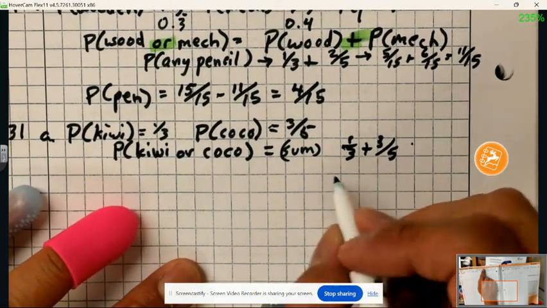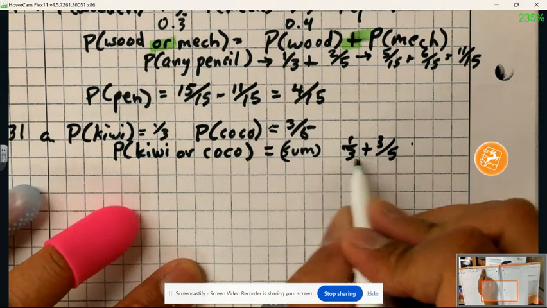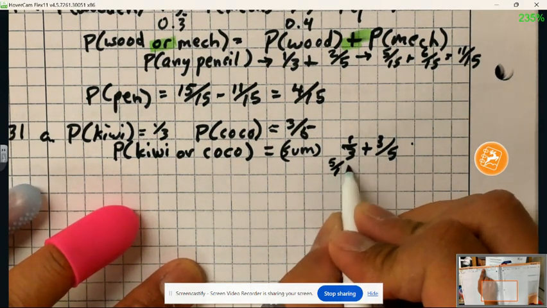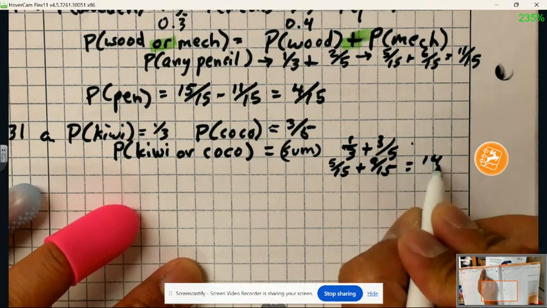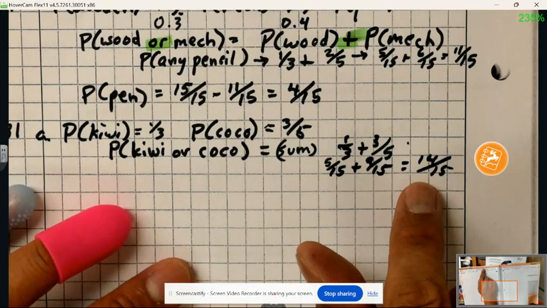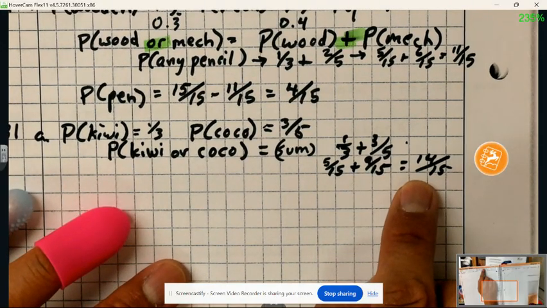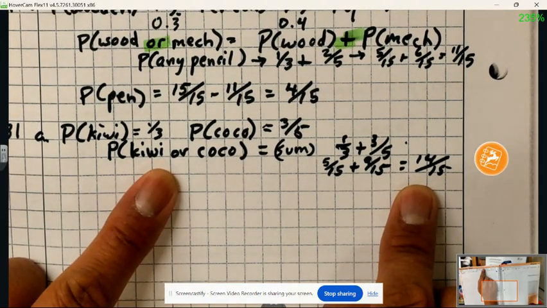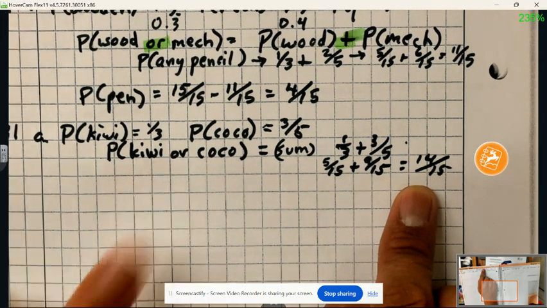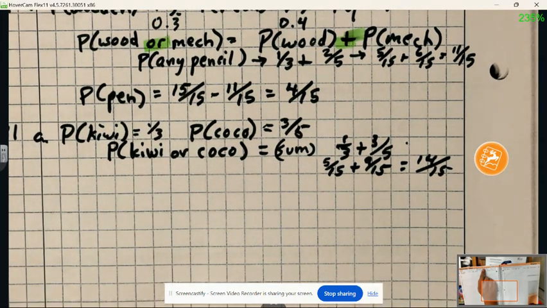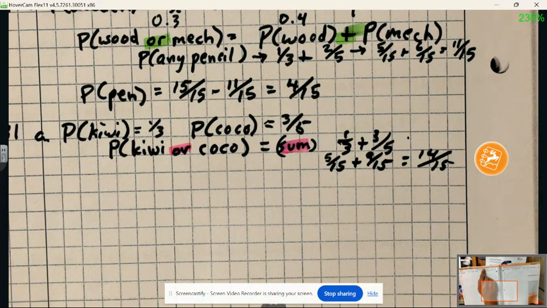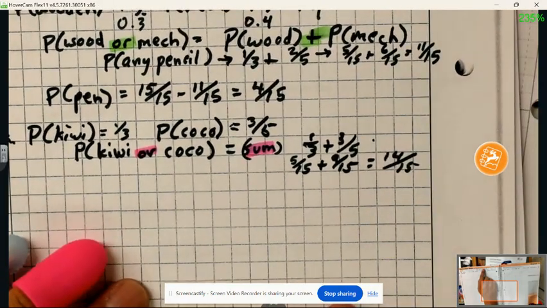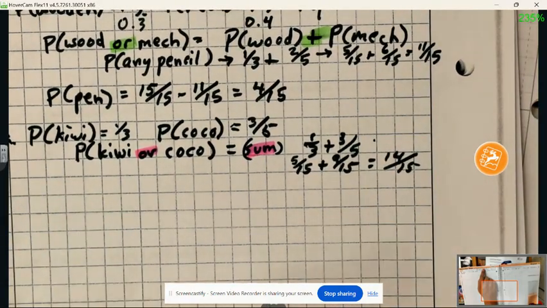And since we need a common denominator, we're going to change that to 15ths. 5/15 plus 9/15, and we get 14/15 probability of getting kiwi or coconut. Okay, and let's highlight this important point again. I can't say it enough. Or means that we're taking the sum of it. Okay, so 14/15 probability of getting a kiwi or coconut,